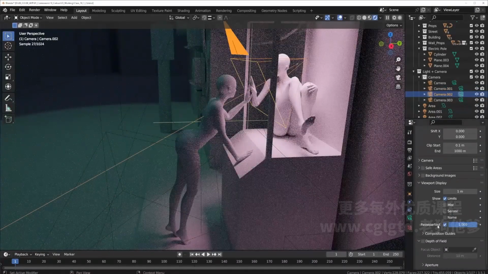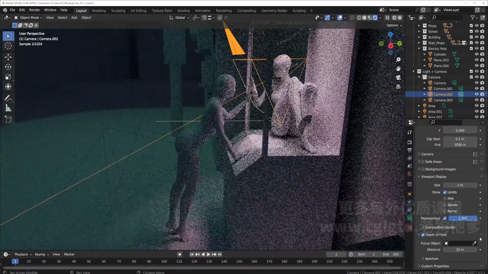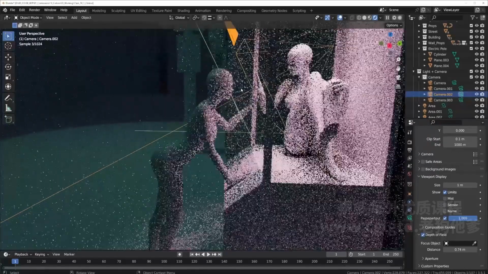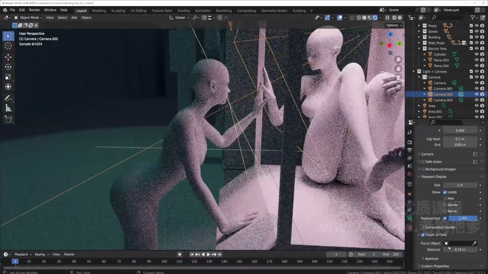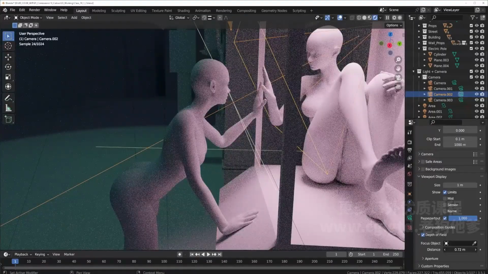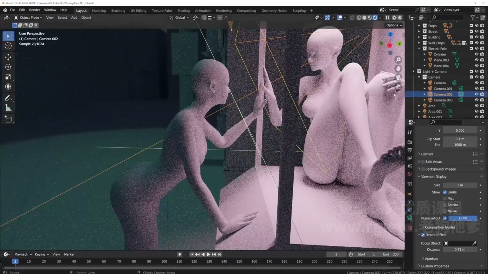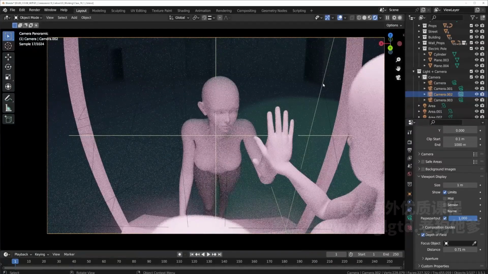So turn on limit, turn on depth of field, and we can move this to the face of our character. Usually for the face, we are focusing on the eye, because as human beings, we typically look at someone directly into the eye, and for the render, it is that as well. And if we want this to have more of a blur,